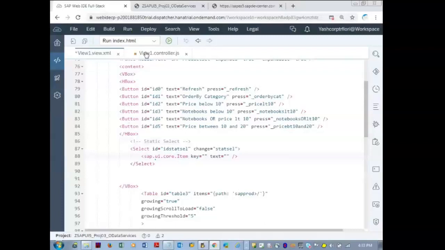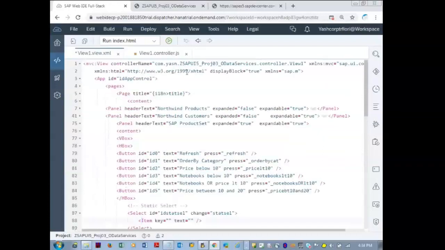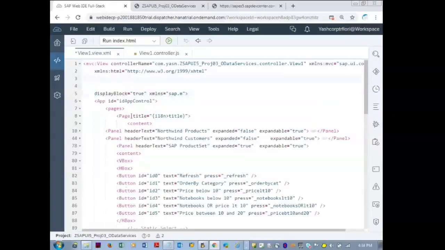Same concept as in the controller, where for repeated controls I declare the namespace on top of the controller as a global namespace. Here also we can declare sap.ui.core on top of the view. But here you write it like this: xmlns colon, and any name you want to use, for example Yash.